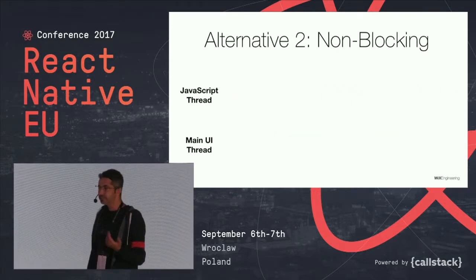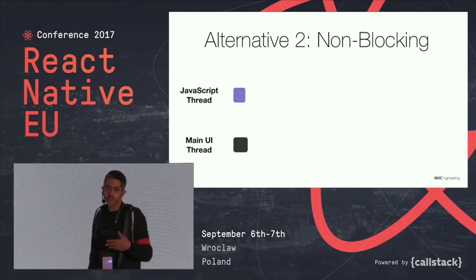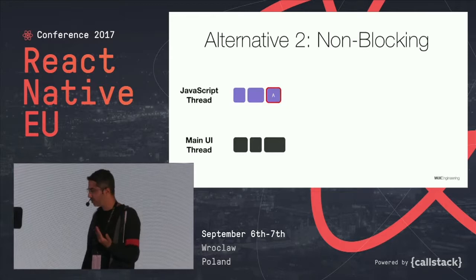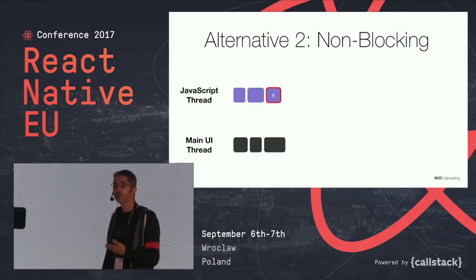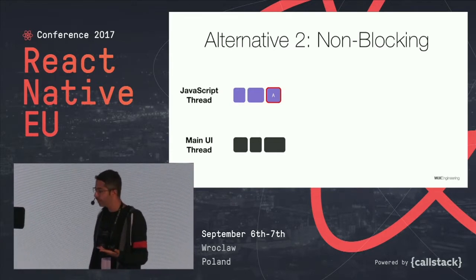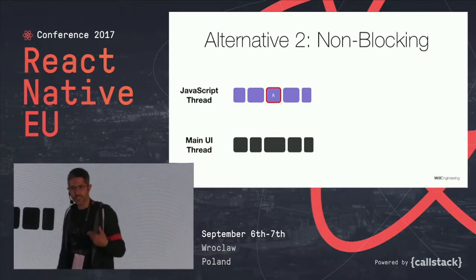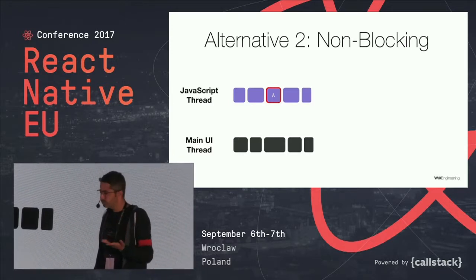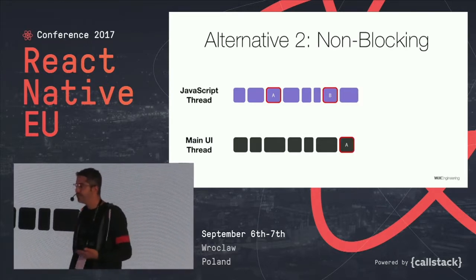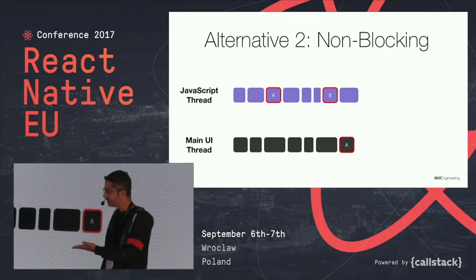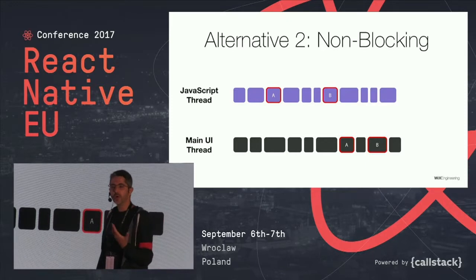A different alternative is to do a non-blocking approach. How would that look? Then you would have both threads scheduling work, which is completely unrelated to each other, and then suddenly you would have this message that you need to send over to the other side, this A message like before. So you queue it in some queue, and the other side is still doing other things because it has its own workload and it's just busy. And you have another message, and it's queued as well. And finally, the native side is ready to handle that. And then this message will be handled, and then the other message will be handled. So this is a different approach for the same problem.